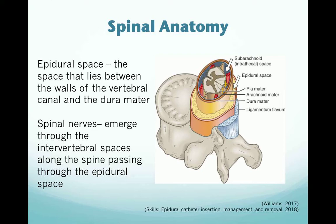And so let's review just some basic spinal anatomy here. The epidural space is the space that lies between the walls of the vertebral canal and the dura mater. You can see here in the image, it's a space that is yellow in nature, just representing the fat molecules within the epidural space. The spinal nerves emerge from the spinal cord, hitting the epidural space, so that medication can be absorbed into